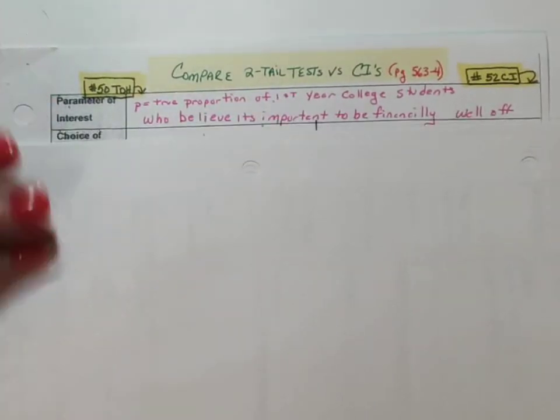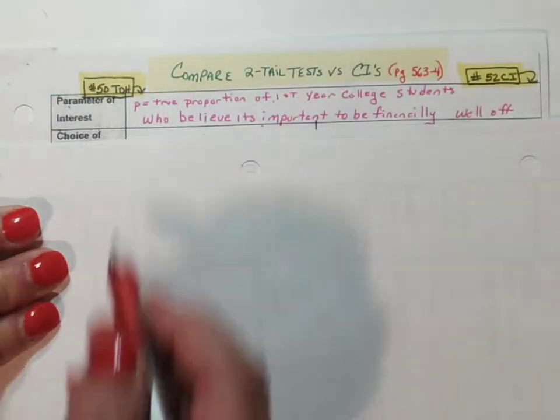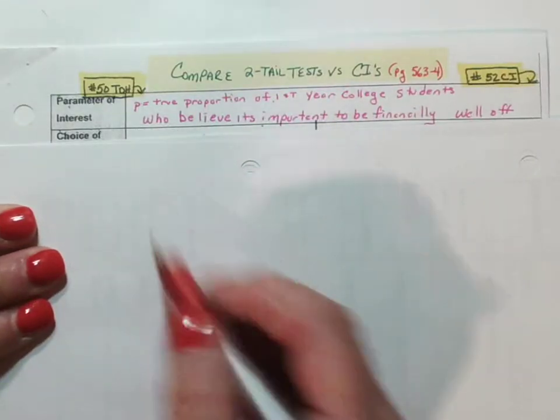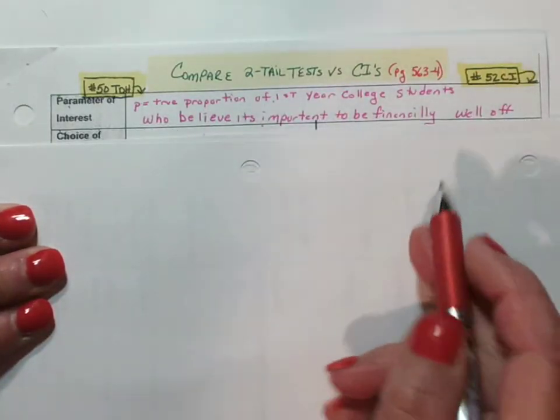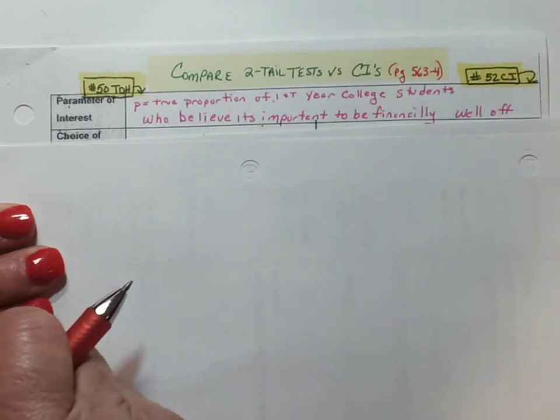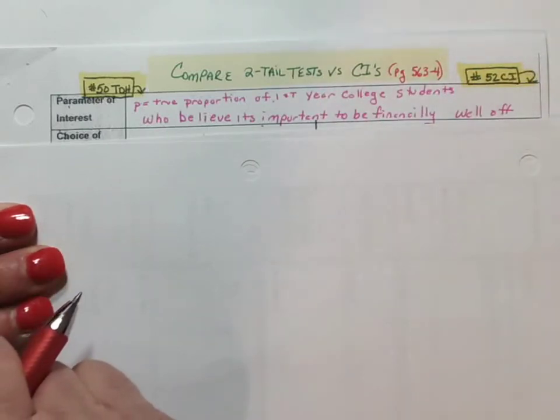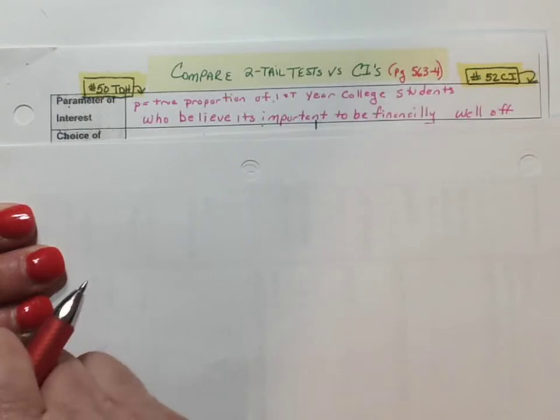All right. So on the left-hand side, we're going to do a test of hypothesis, and on the right-hand side, we're going to do a confidence interval. And hopefully this way you can see the differences that take place between doing a test of hypothesis and a